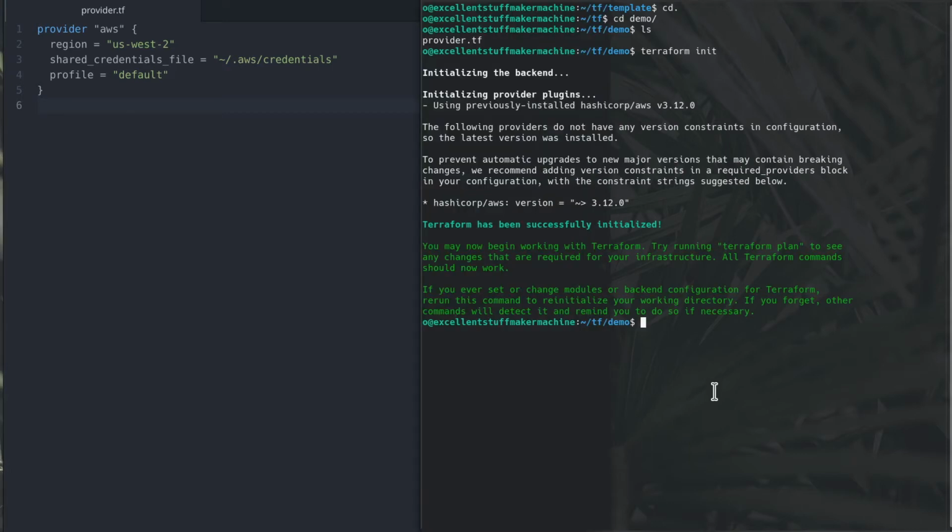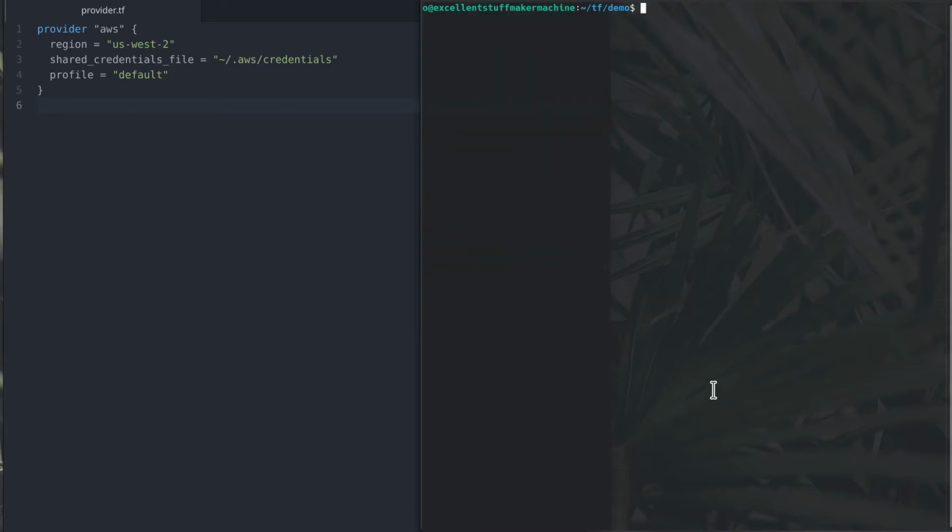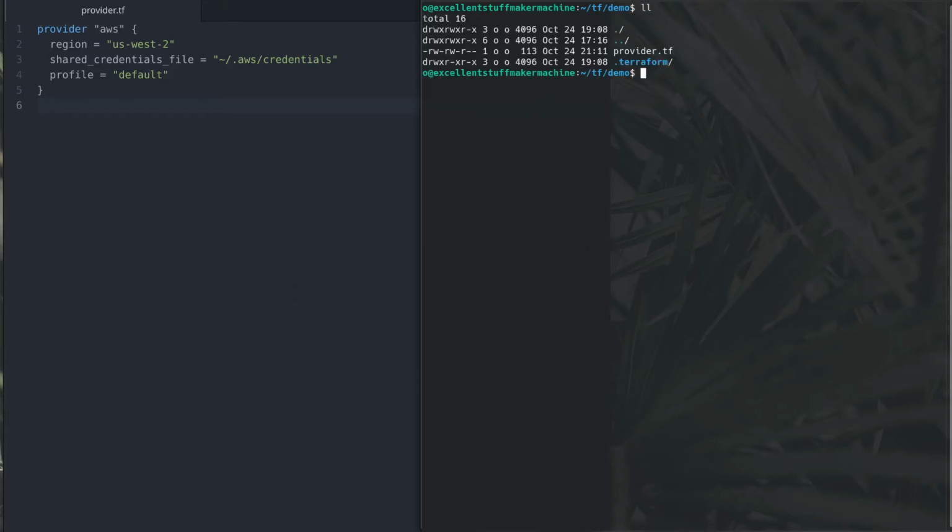Alright, that's enough recap. In this episode, we're going to create some stuff, an S3 bucket, and we're going to look into some other cool things. Alright, so we're in our folder. Great. Let's make a file. We're going to call it